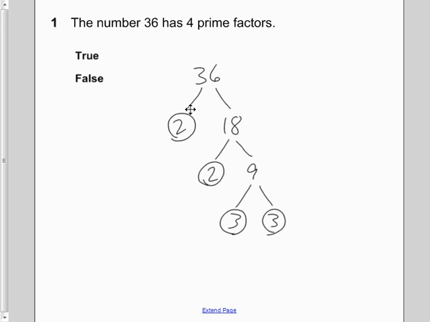And the numbers I circled are all of the prime factors that you would multiply to get the number 36. So 2 times 2 times 3 times 3 is 36. So 36 has 4 prime factors. The answer is true. Now, just as a side note, the reason why we learned about prime factorization, and you